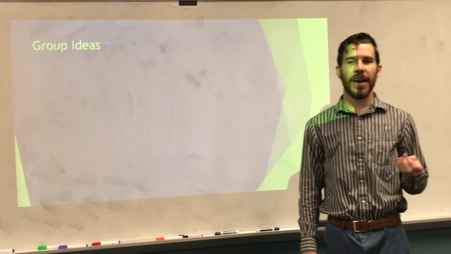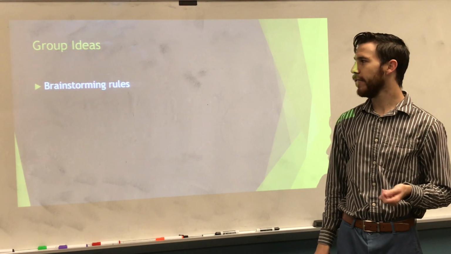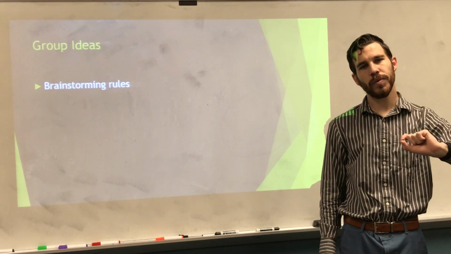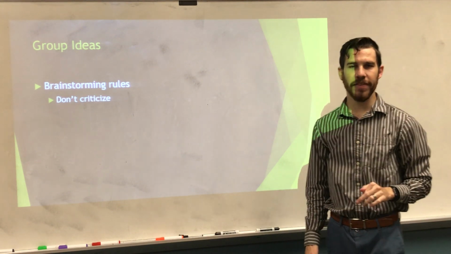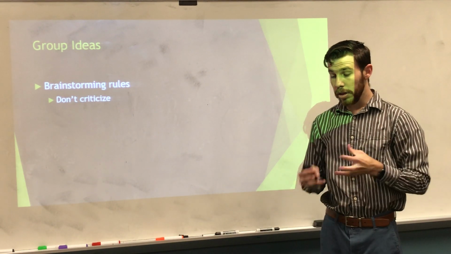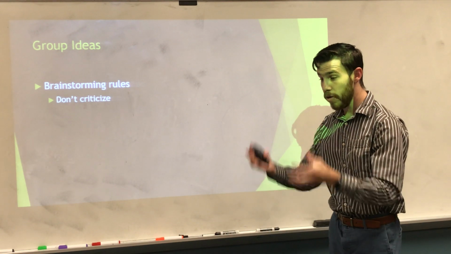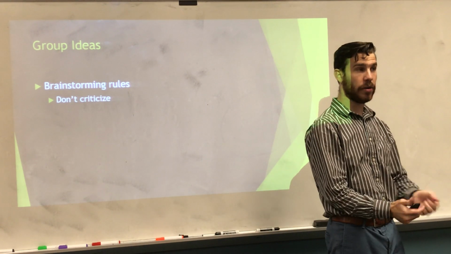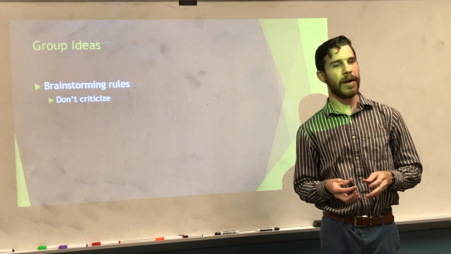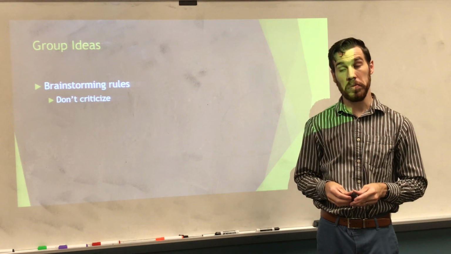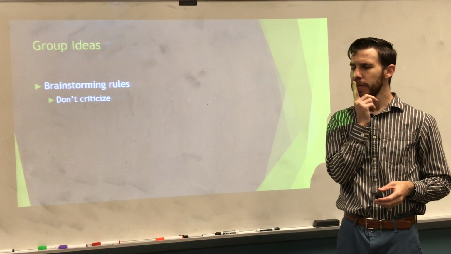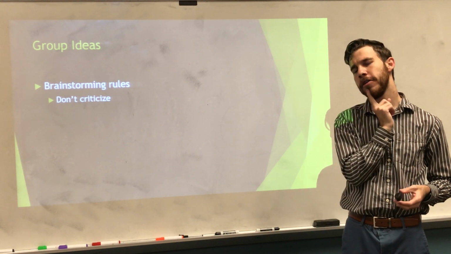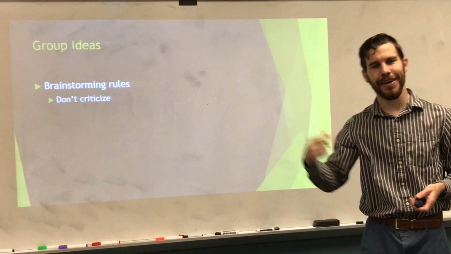Now with this, you're going to have different group ideas. When you have different group ideas, there are certain rules when it comes to brainstorming, okay? So you want to make sure that you don't criticize. Even if someone says, well, let's try to make $1 million, and someone else says, okay, well, let's grab $1,000 and put it in a barrel and light it on fire, you might think, okay, that was stupid. But instead, you don't want to criticize. You want to say, okay, well, I like the $1,000 idea. Let's go from there, okay?